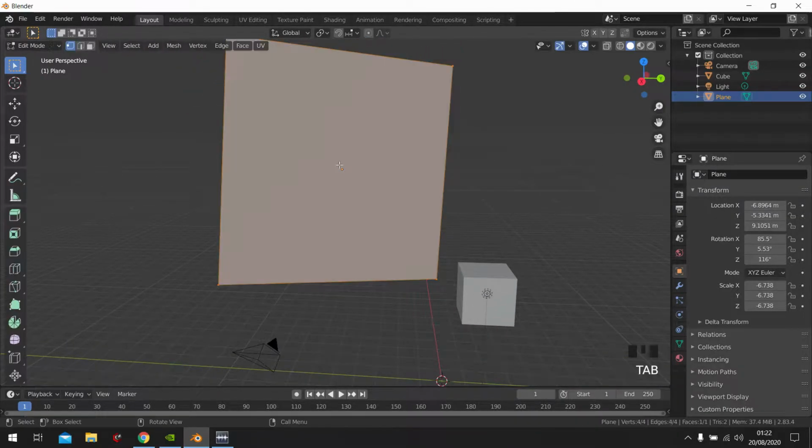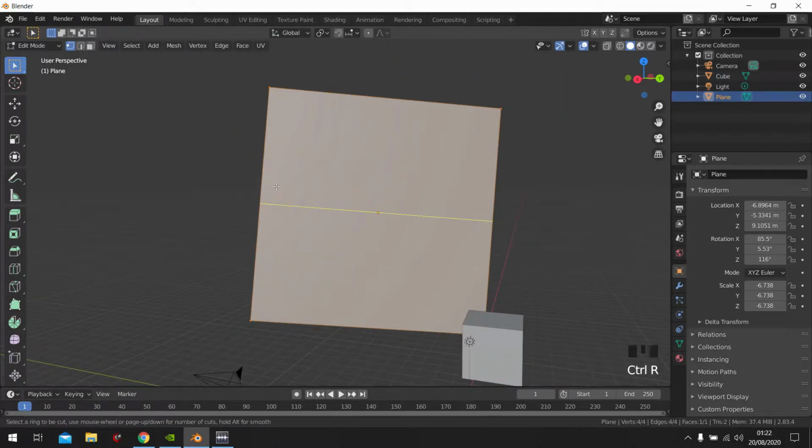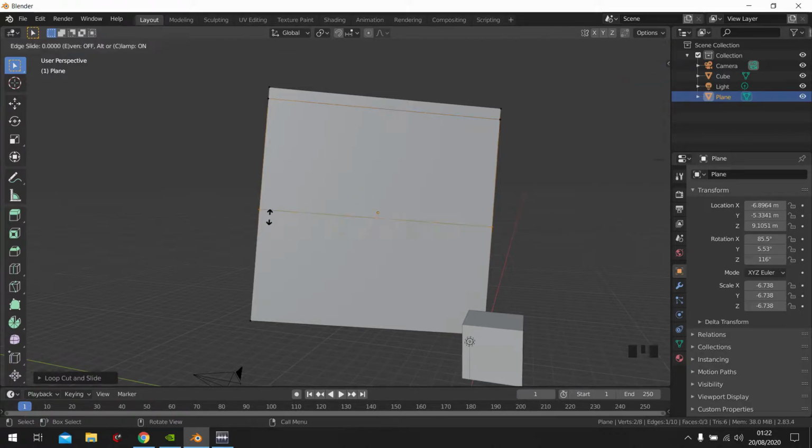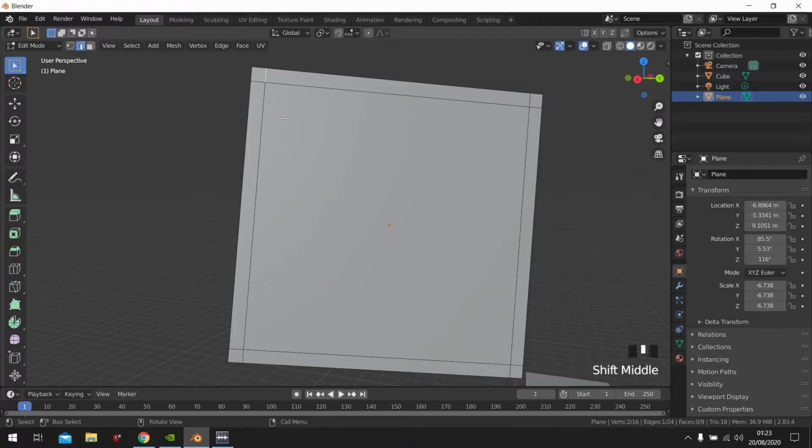Then we click Tab, add in loop cuts. One up there. One down there. One there. And one there. Great. Then let's click 3. No, sorry. 2. And click X and say